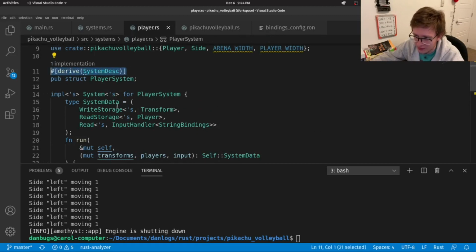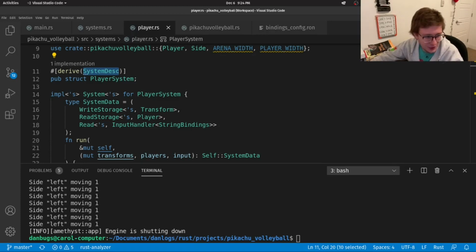This system desc derive stands for system descriptor. Usually when you're implementing your own system and you have to access world resources inside it, you have to write an implementation for the system descriptor where you specify how this access will happen. In our case, we're not doing any of that, so I think the default implementation works just fine.